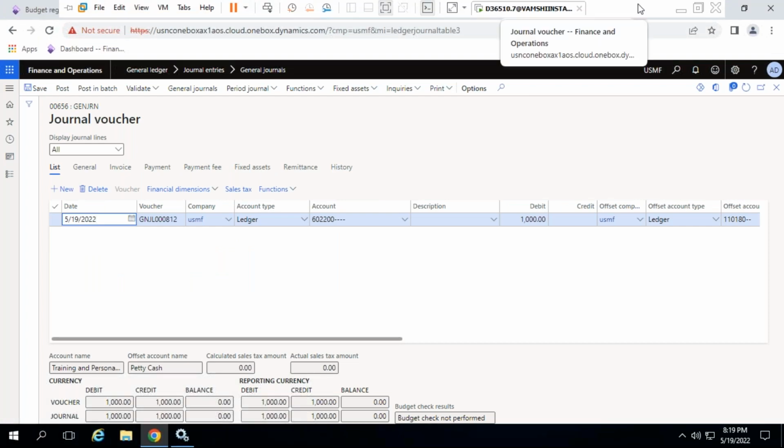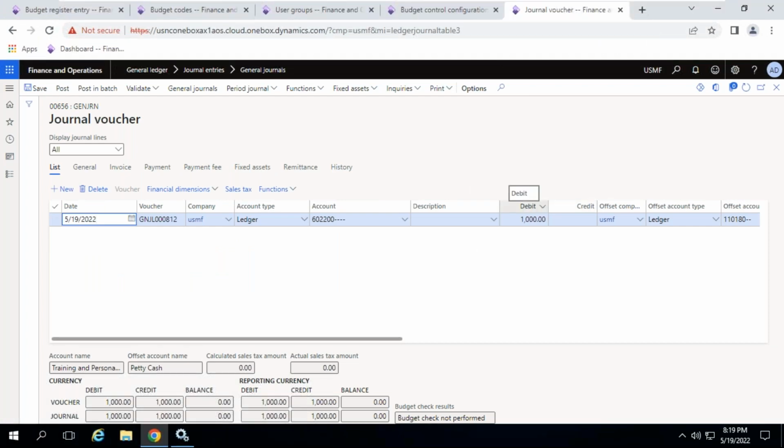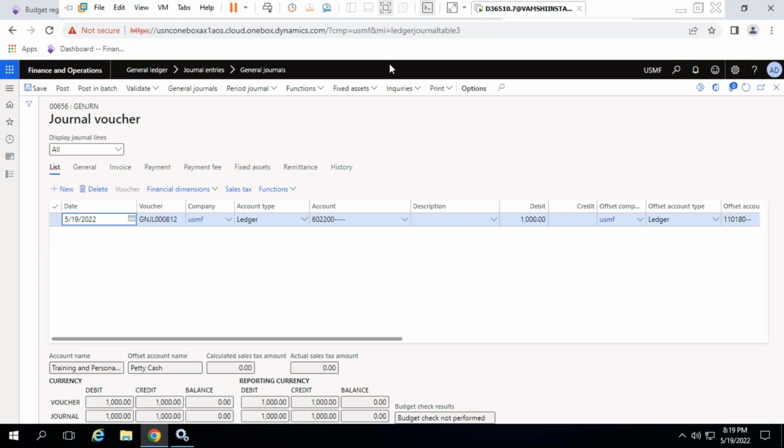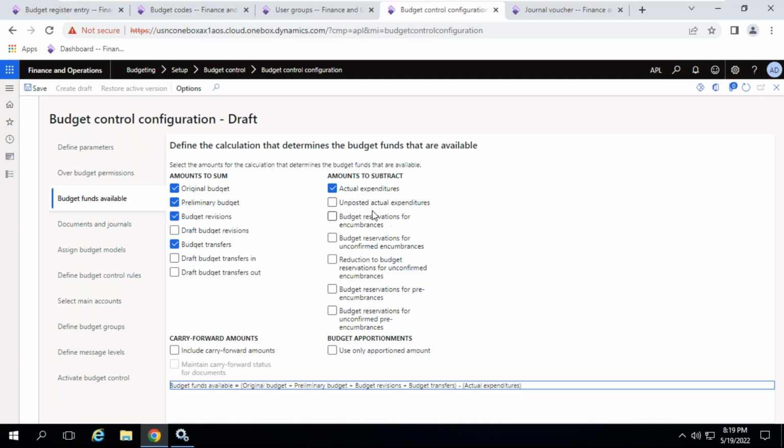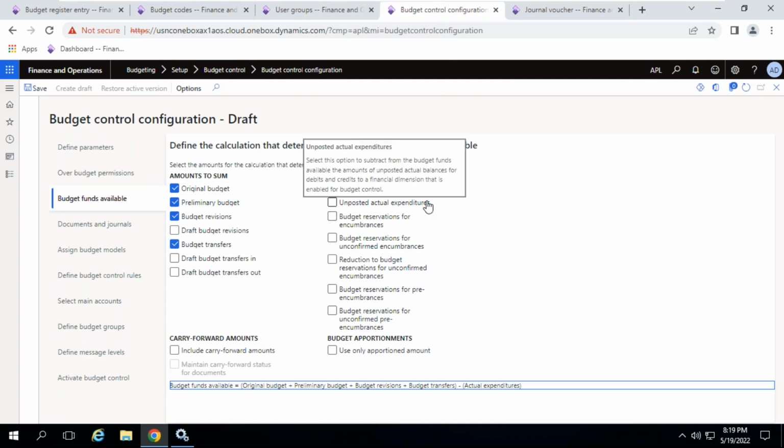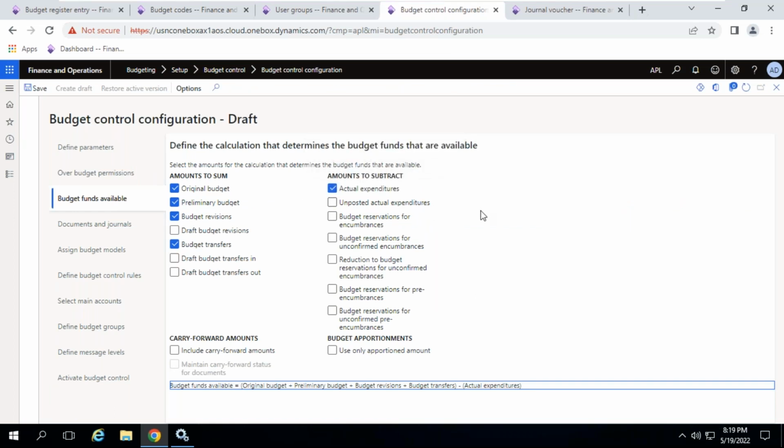So usually, as a best practice, it should allow here. If you want to allow, don't enable this checkbox in the calculator, because the previous transaction which is created is already stopping. Okay, unposted transaction. Next,